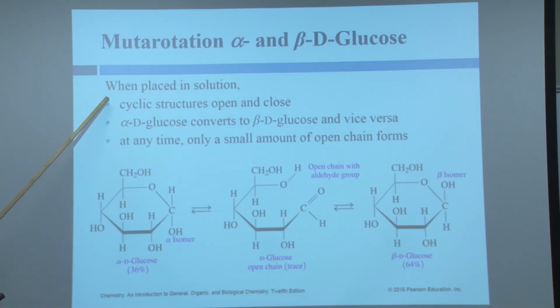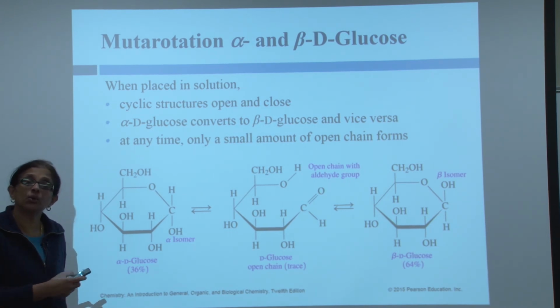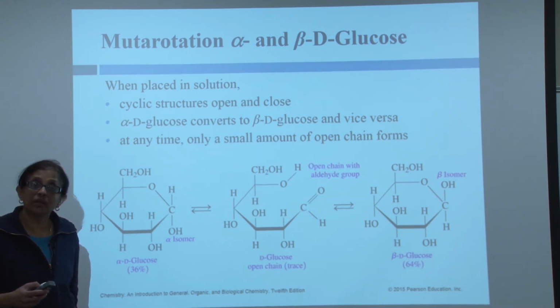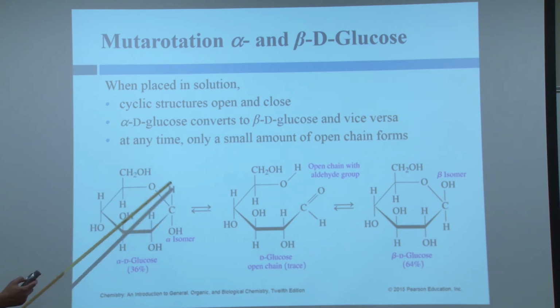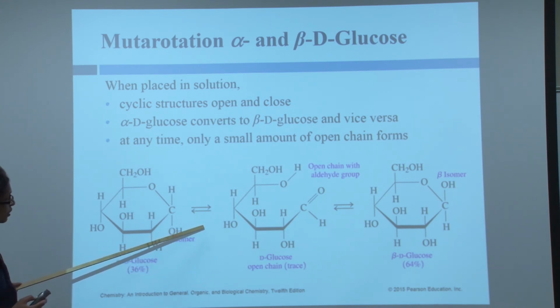Now, when you have this sugar molecule in a solution, what is a solution? A solution is a homogeneous mixture. You have the sugar molecule with a solvent, having a uniform mixture, so it is called a solution. Now, when you have a glucose isomer in a solution, it says 36%, that is the mass percent of a solution. So now when you have this alpha isomer, alpha D-glucose, in a solution,